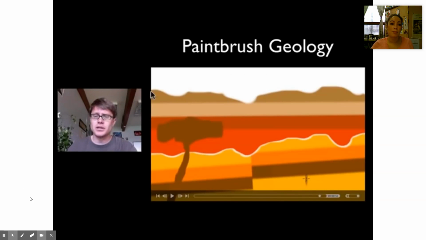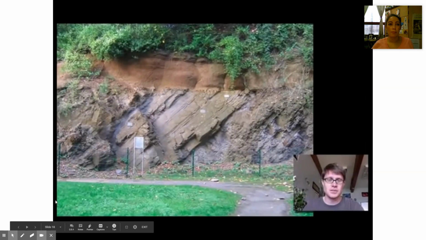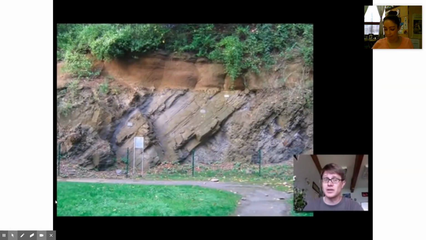Now, you normally don't see it like this unless you're actually taking a test. You usually see it something like this. And so what do you know using law of superposition? Let's take a look at this. This is a road cut. Usually you can't see geology because there's plants and stuff growing over it. But if you cut out a road or you cut out a trail or something like that, you can actually